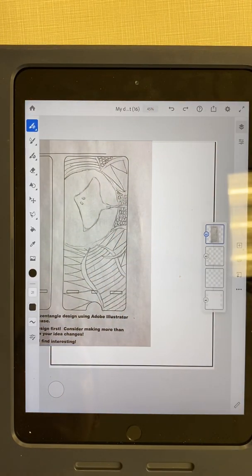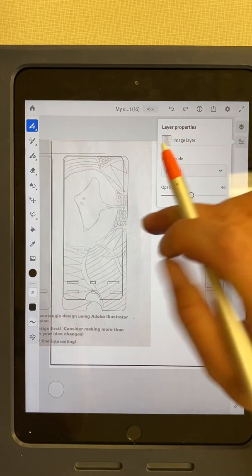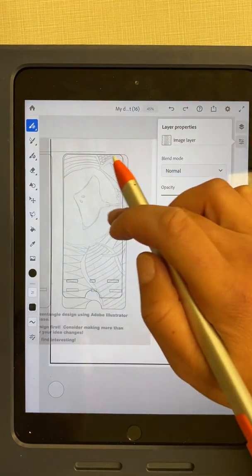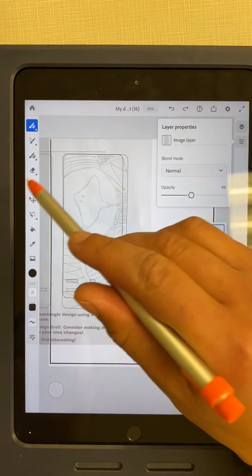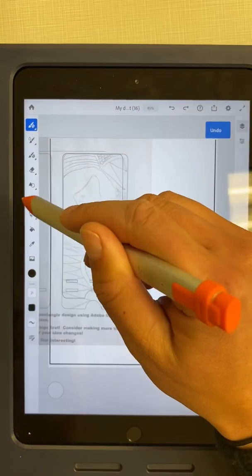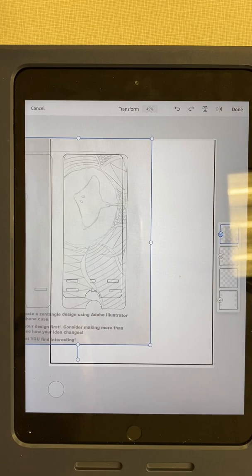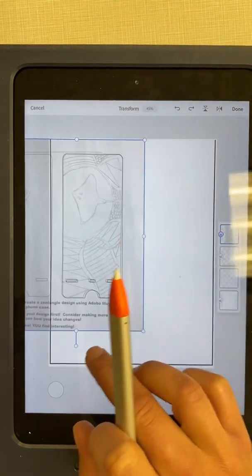I'm gonna hit done. Now I can't see if it's exactly on my template, but what we can do is we can change the opacity. So I'm gonna click on those lines with 3 dots and change the opacity, bring it down. So now I could actually see my phone stand template behind it, okay? Now, one thing is to readjust this. Oops, I didn't want to do that. To readjust this, I'm going to click on this little cross, and now I can resize it, maybe rotate it